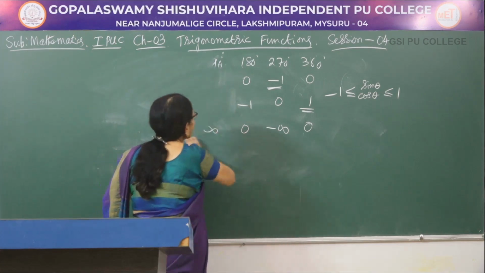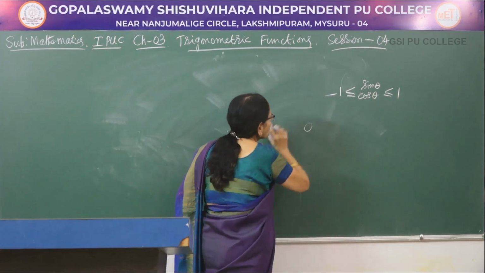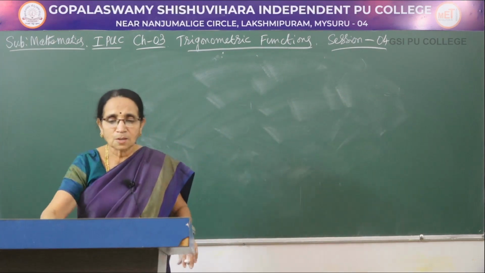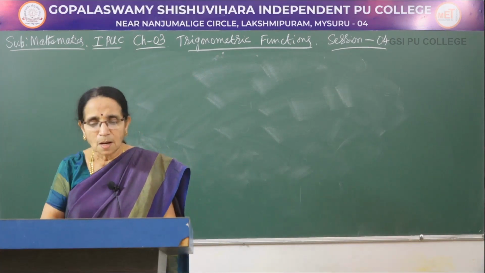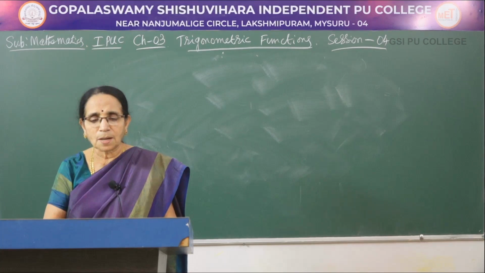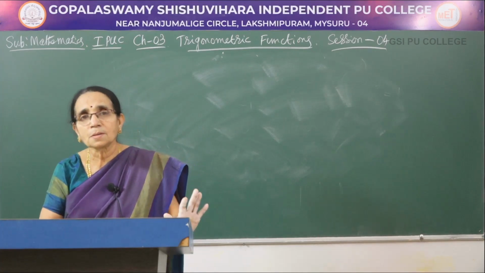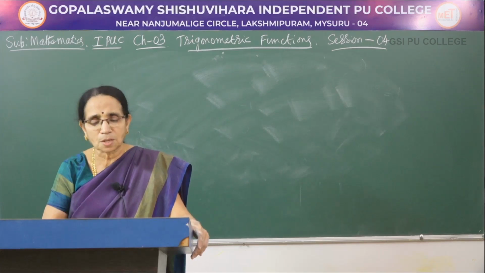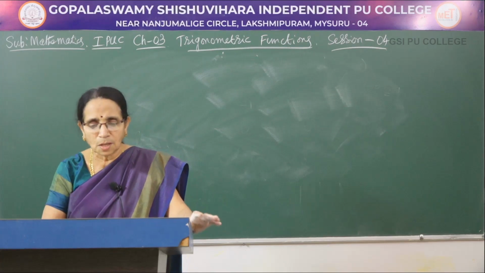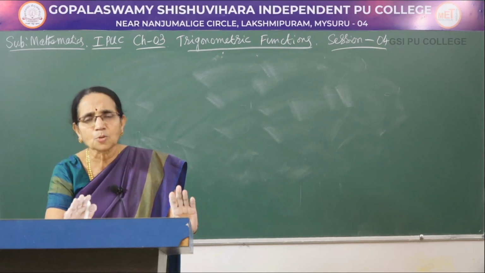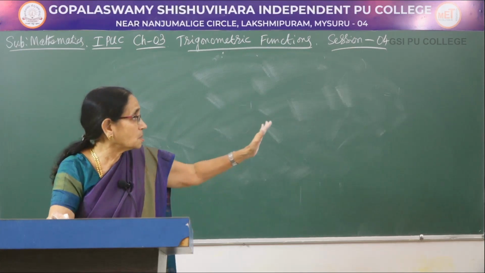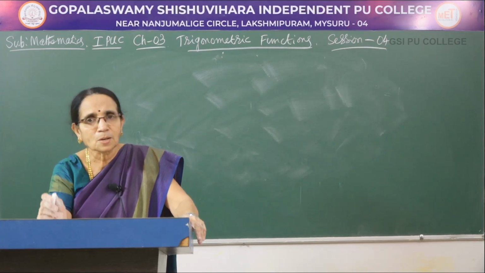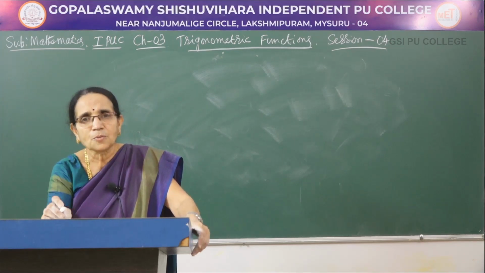So, using this, we get two pieces of information. Sin theta and cos theta will always lie between -1 and +1, whereas tan theta always lies between -infinity and +infinity. Now, go through all this information properly. They are very important. We will meet in the next session. In the next session, I am going to give you the domain and the range of the trigonometric functions. You should have knowledge about that. For now, this information would be enough: sin theta, cos theta lie between -1 and +1, and tan theta lies between -infinity and +infinity.